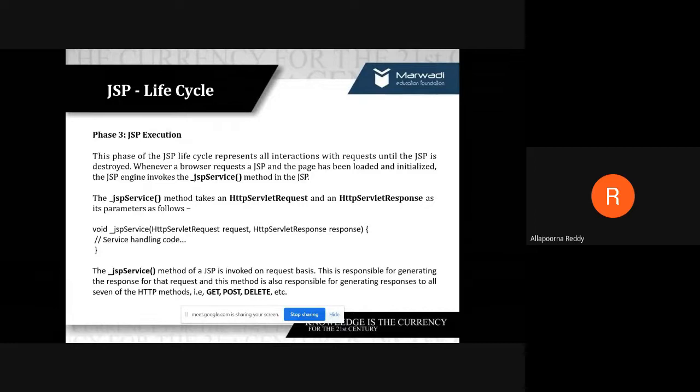These are common things we observe in servlets, which are loaded and create an object, right? You can see the syntax of the same below, used to handle your service. And the jspService method is invoked on request basis only, not every time.